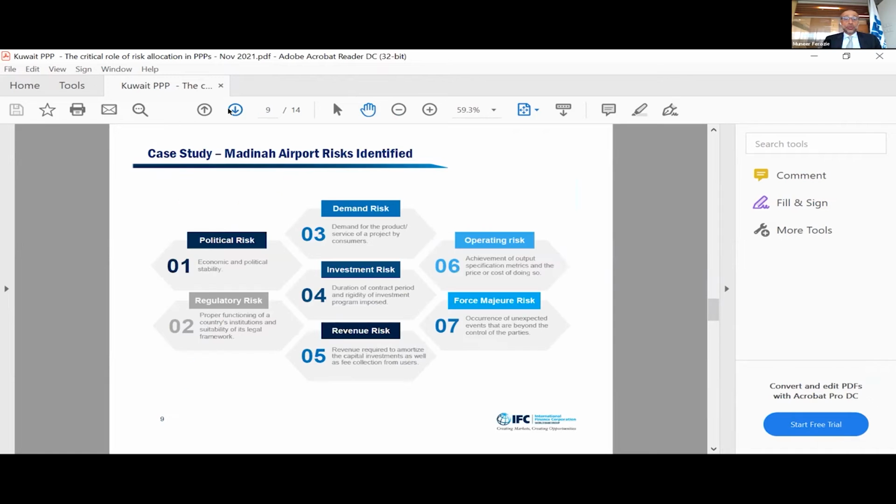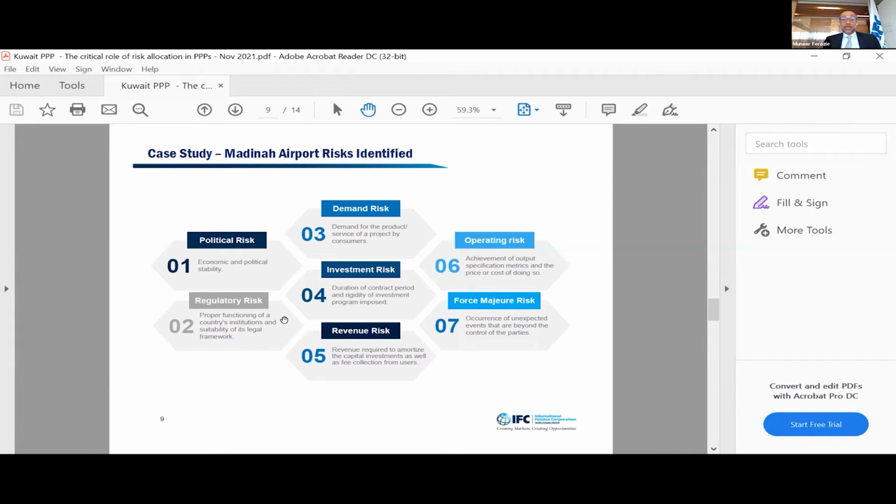Moving on to some of the risks that we identified in our risk register, and this is not an exhaustive list. These are the main risks that we identified. First and foremost, political risk. Secondly, regulatory risk. Mostly this is controlled by the public sector. Then you have the demand risk, which, as I said, we passed on to the private sector. The investment risk, which is the duration of the contract, and you recover your